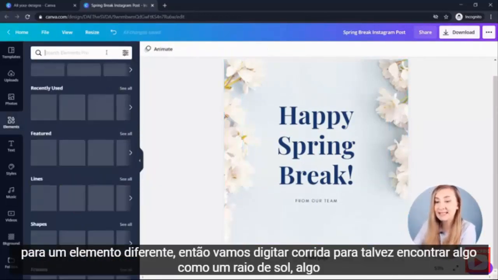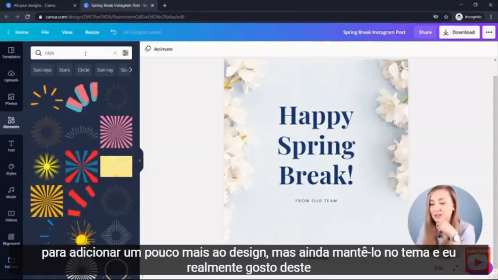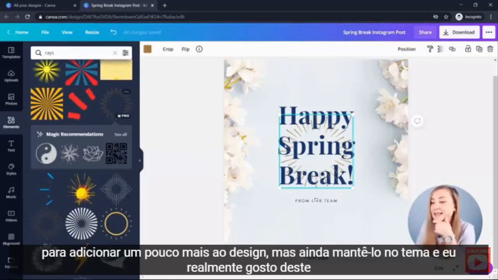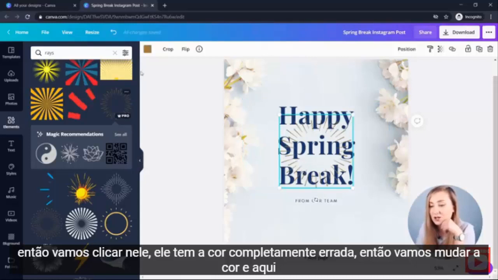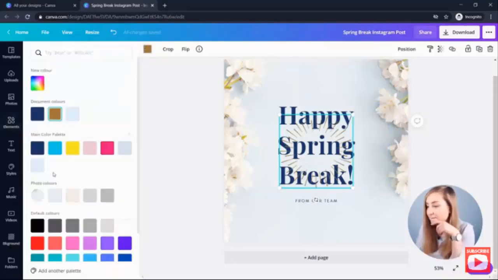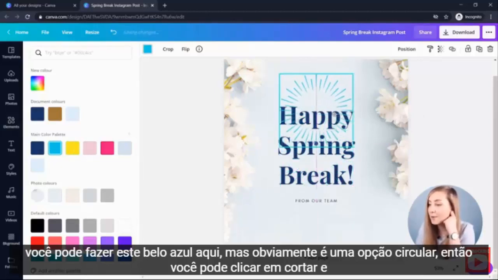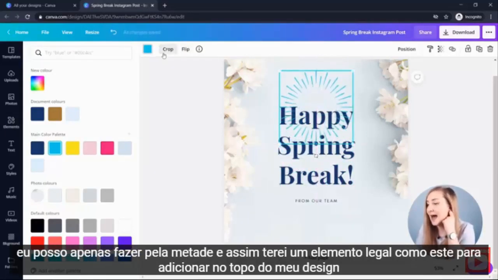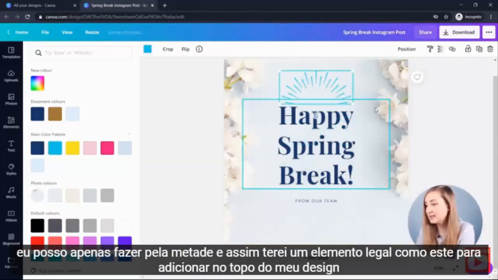So let's type in race to maybe find something like a sunshine, something to add a bit more to the design, but still keep it on theme. And I actually really like this one, so let's click on it. It's got the completely wrong color, so let's change the color in here. You can make it this nice blue in here, but obviously it's a circular option, so you can click crop, and I can just make it half,